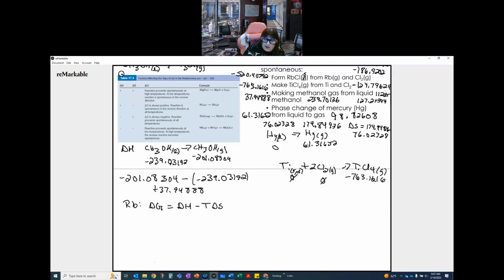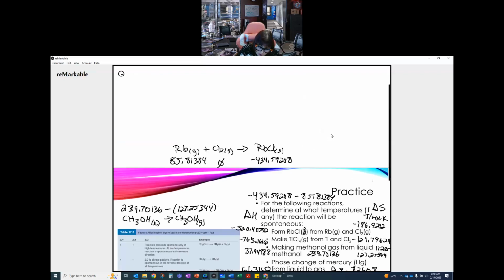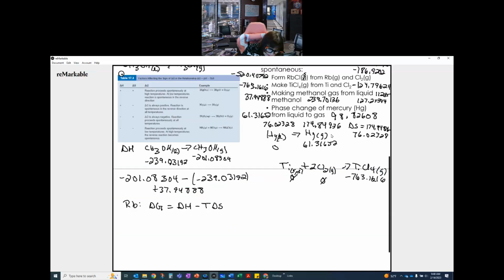And so I want to calculate what delta G is first, because why not? We might as well do the practice. So I know that my delta H is negative 520.40592 equals negative 520.40592 minus T times the delta S, and that value right there is negative